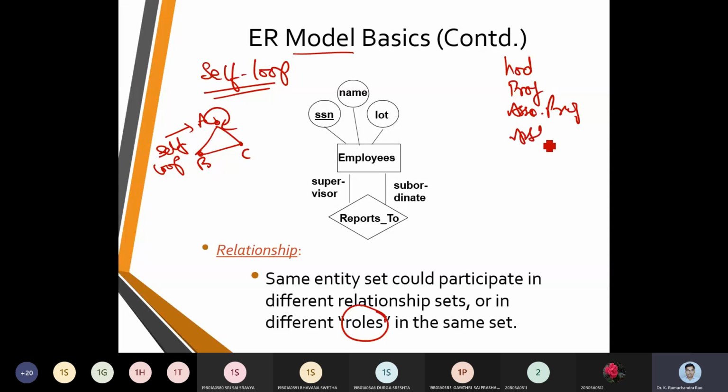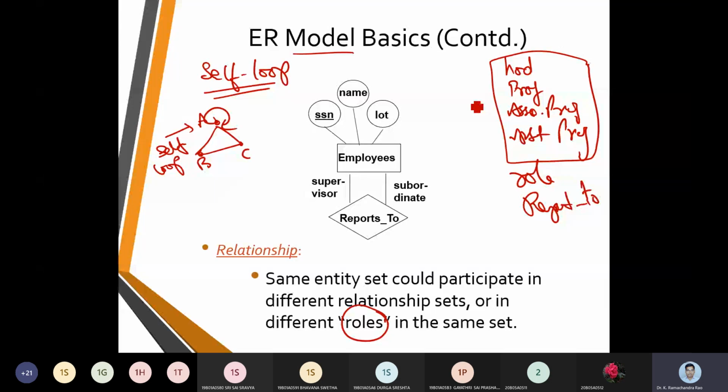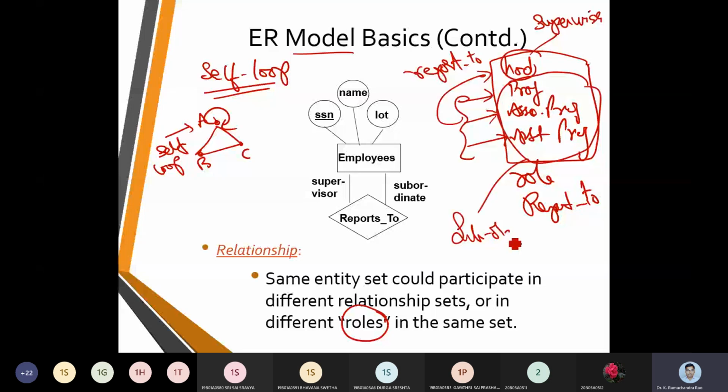These elements we call roles, or they are put in a relation called reports. Now assume the professor, the associate professor and the assistant professor report to HOD. Now HOD is called the supervisor, and the rest of the three roles we call subordinates.